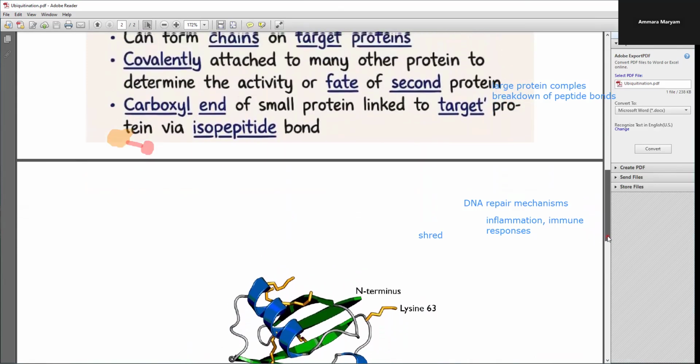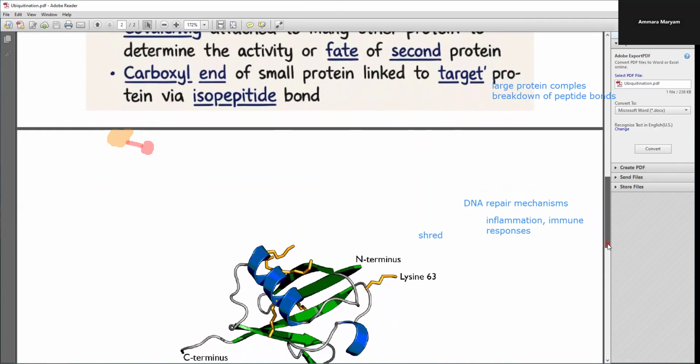What does that mean is, the carboxyl end will attach to the... Now this is the C terminus. It is the carboxyl end of that particular protein. This carboxyl end will be attached to the target protein with the NH group of the lysine, and this particular bond is referred to as